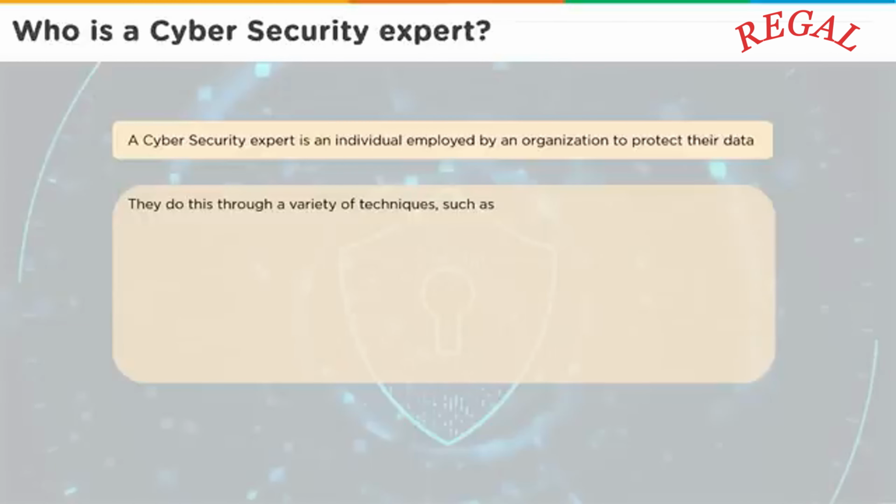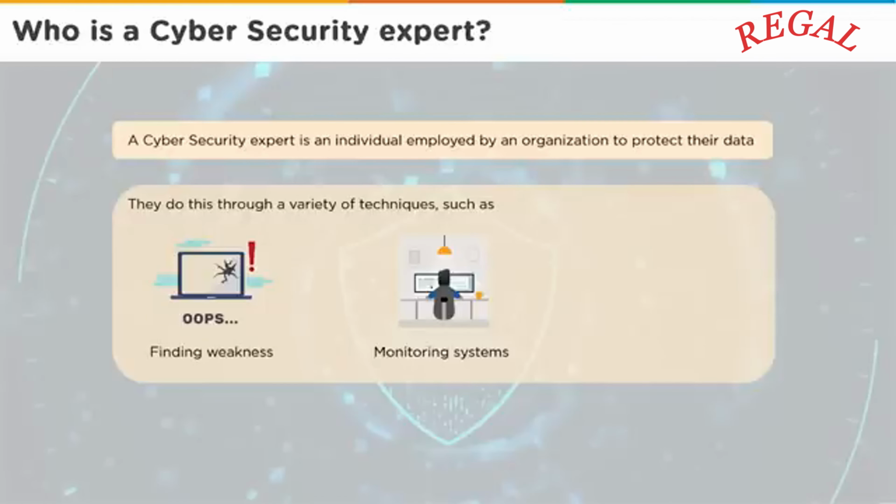So this is going to happen through a variety of techniques such as finding weaknesses, so vulnerability management, where you run vulnerability scanners and identify potential flaws in the organization's infrastructure. Could be applications, could be servers, could be desktops, could be operating systems, could be anything, could be network-based flaws as well. And then you're going to monitor these systems. You're going to look at the data flow going to the internet, through the network, through the intranet rather, and then you're going to check if there is anything malicious going on in that network. So over these techniques, you're basically going to monitor it on a day-to-day basis, on a regular basis, and you're going to try to identify if anything out of the ordinary is happening, right?